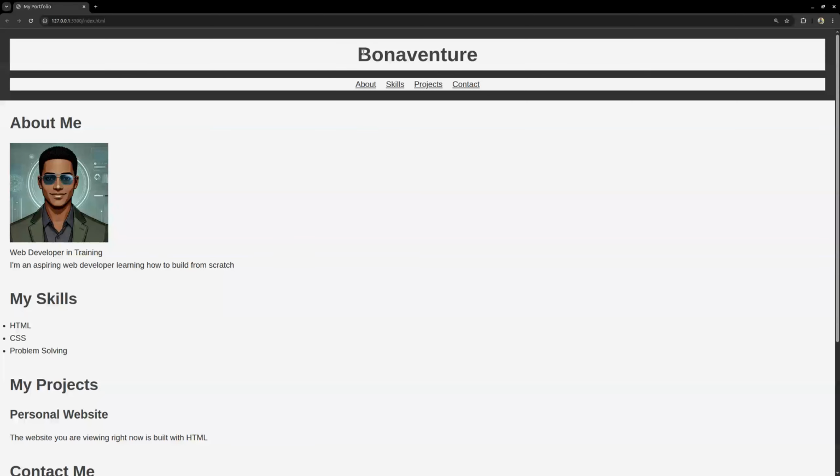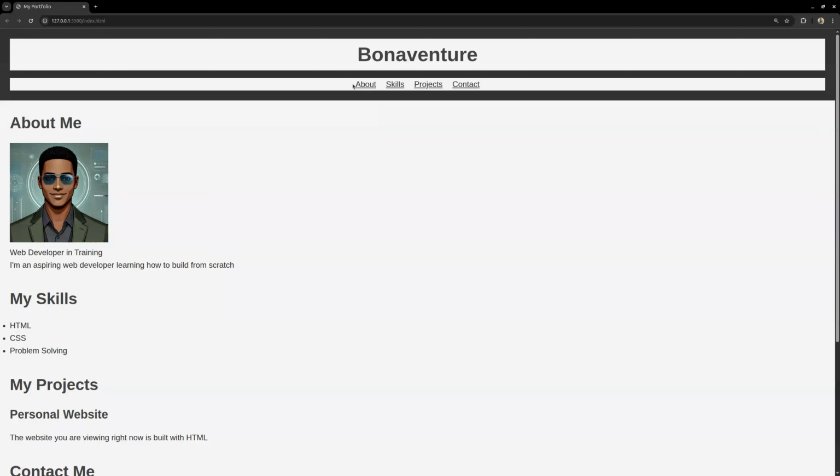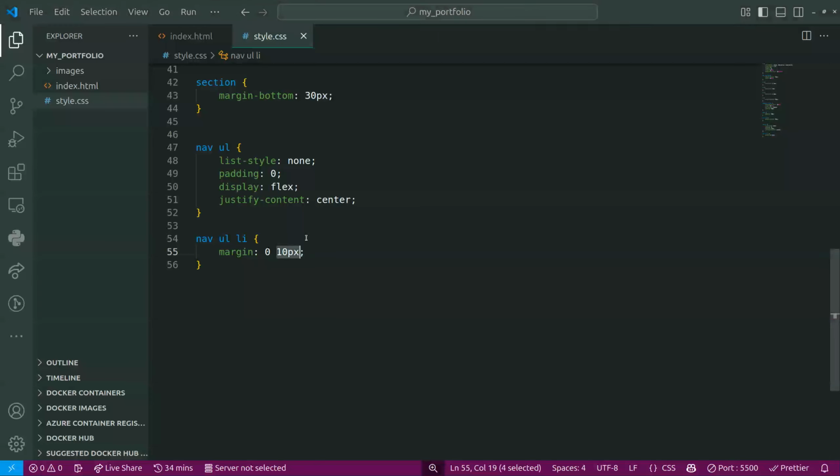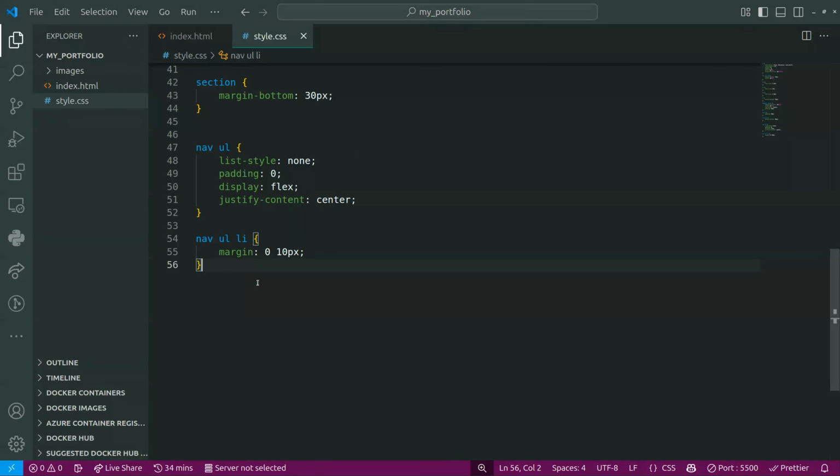So if you do this, you'll see the 0 is for top and bottom, and 10 pixels is for left and right. That is why you can see the 10 pixels applied left and right to separate everything here. Now, one of the other main things you're going to notice with this navigation is that all these navigation buttons come underlined, and you don't want them to be underlined by default. So to do that, we can just select nav,